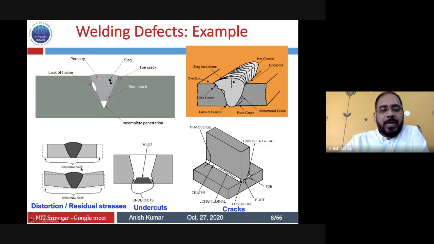Then you may also have, when the welding is done, of course, a huge amount of heat that is given here, and you have the weld metal, which is liquid, then gets solidified, then a change of volume is there, and then you may have a change in the microstructure also, like phase transformation. All this may lead to some amount of distortion in the material or different extents of residual stress in the material. And this residual stress can lead to